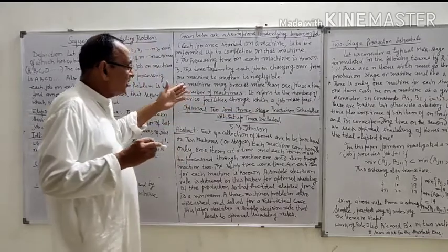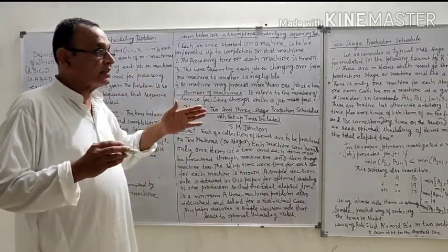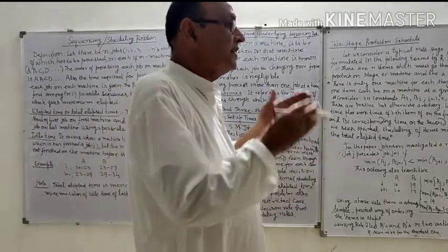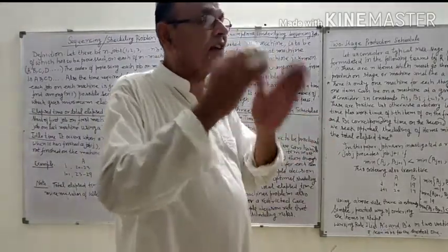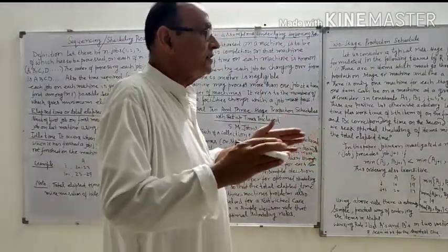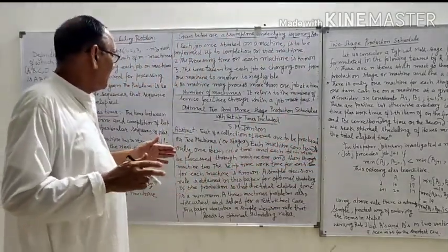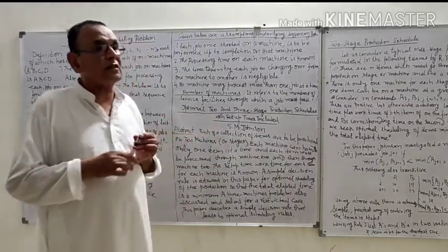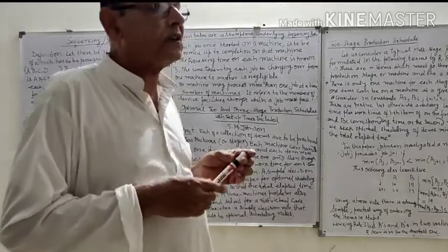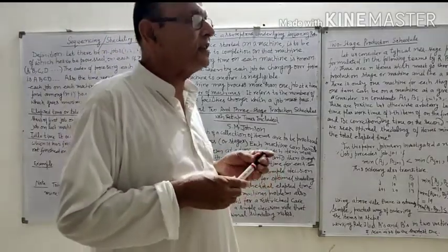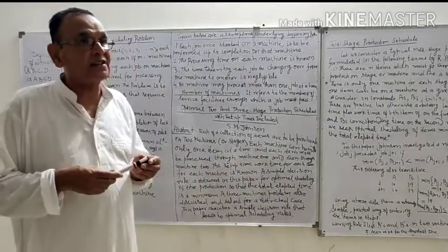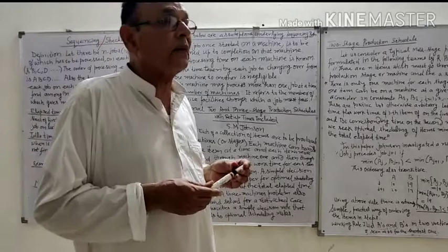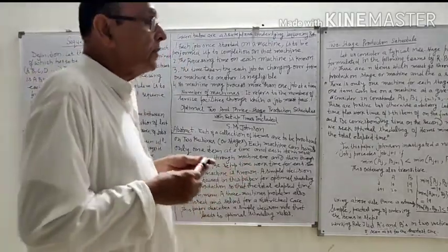Actually, this sequencing problem has its applications in industry where the production is done in stages. Stage first production, then second, then third. So it is a stage production problem. Now, in 1953, S.N. Johnson wrote a paper, the first paper in the history of sequencing and scheduling problems, and then his paper was published in